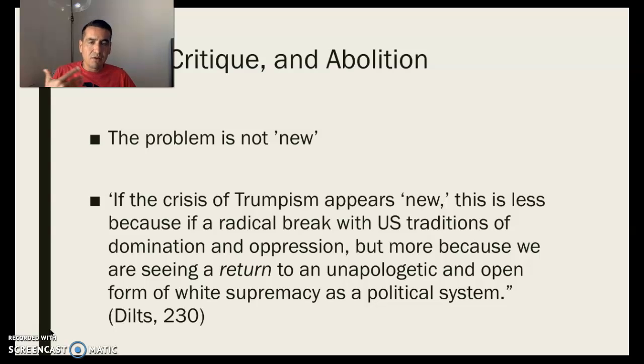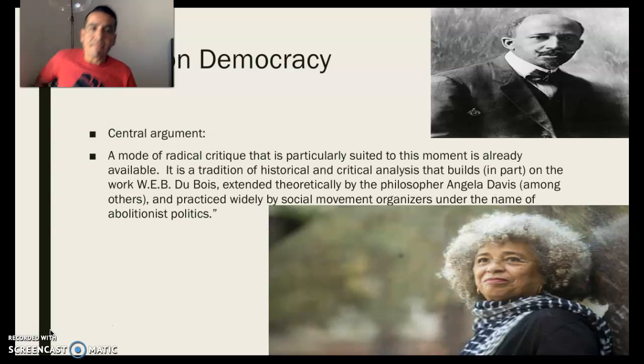So when we read through white supremacy as a political system, it is the entirety. It is all of the institutions, right? So not necessarily a return, and this is where I would add, this is a continuum, right? It's a return to that unapologetic form, but it is linked to those previous moments when that system was entrenched. So this concept of abolition democracy that Dilts presents us with,